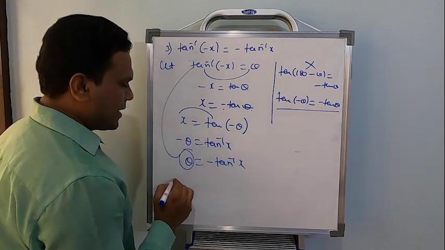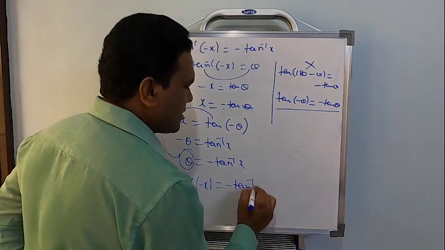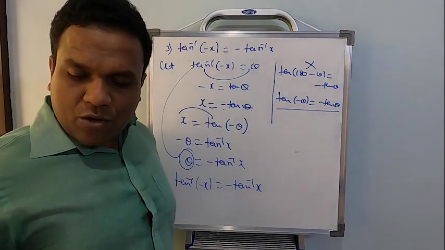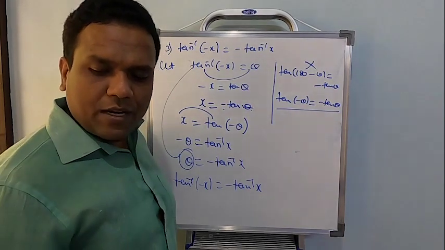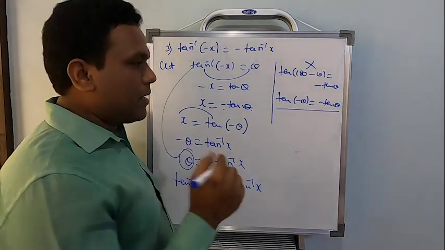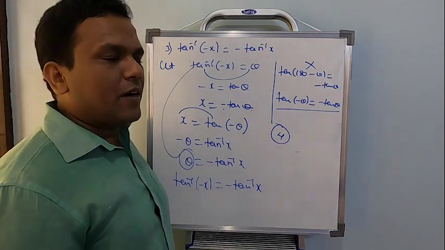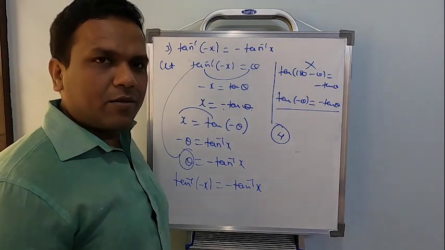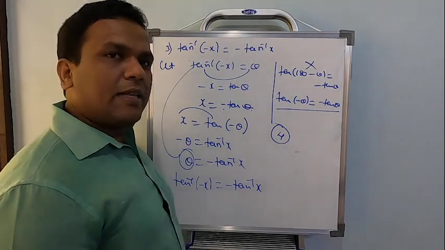Replace the theta which we have taken here. Finally, tan inverse of minus x equal to minus tan inverse x. Clear students? If you notice, we have derived one or two, and we said the rest you can just prove in a similar way. I want you to practice the remaining 4 derivations of this kind. Give it a try. See, if I do each and everything myself, you cannot become perfect, right? That's why I explained how to get it. Use this concept and derive a few more.